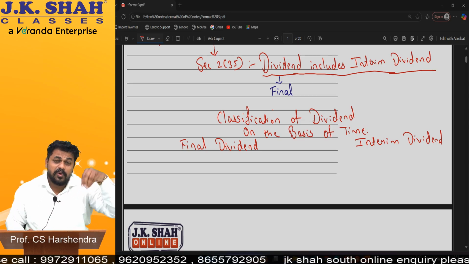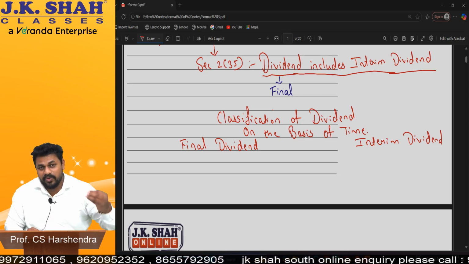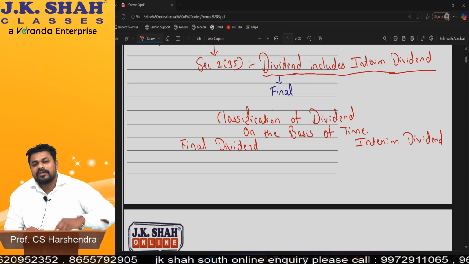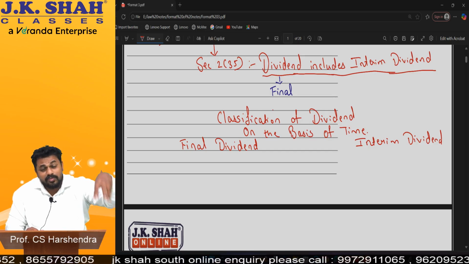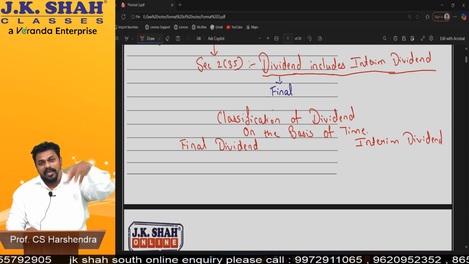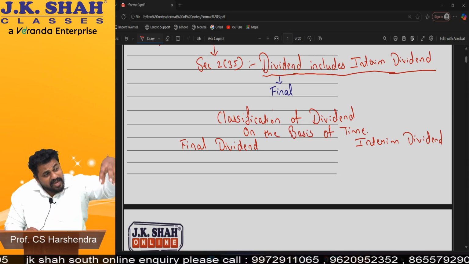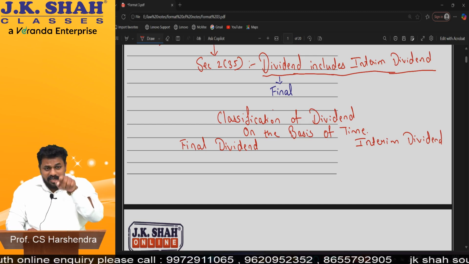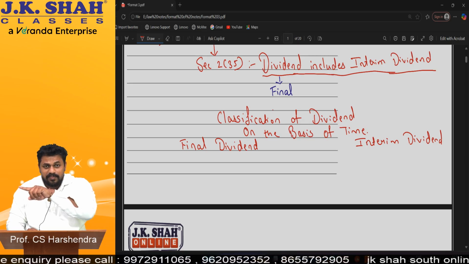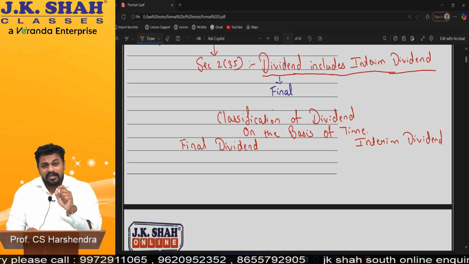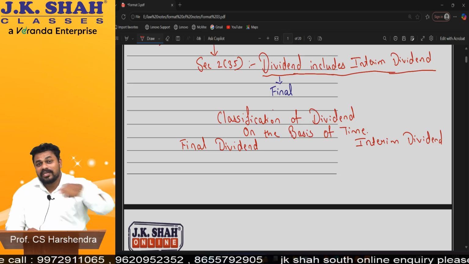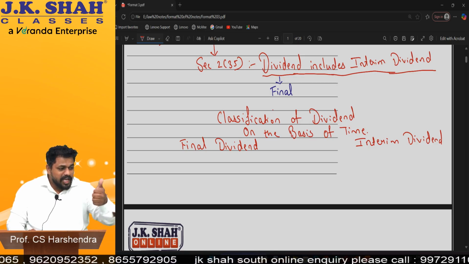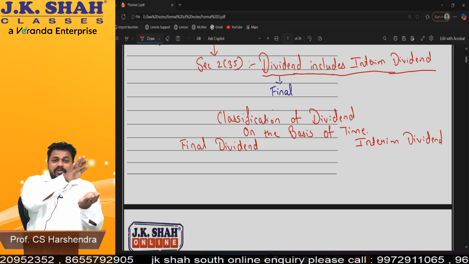In this board meeting, the board of directors report is prepared. Have you heard about the board's report? Director's report. The board of directors report is prepared on the basis of the auditor's report. It is the report card of the company. What all big things happened will be mentioned here. Why is the board's report prepared on the basis of the auditor's report? The auditor will do the audit on the basis of the financial statement. Now, if the auditor has given some remarks, who has to answer those remarks? The board of directors, because they have approved it. So they will answer in the board's report. So now we have the financial statement, auditor's report, board's report.